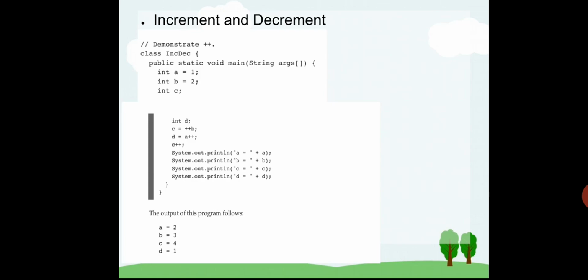Now d, you did not actually initialize any value to d after int d. Can you see the second line? d = a++. So ultimately a++ will hold the value of a, 1 itself, because in that particular instruction it will only keep the value of a. But if you are going for the next iteration, then only the a value will be incremented by 1. That is the difference, post increment and pre increment. That is the actual difference.